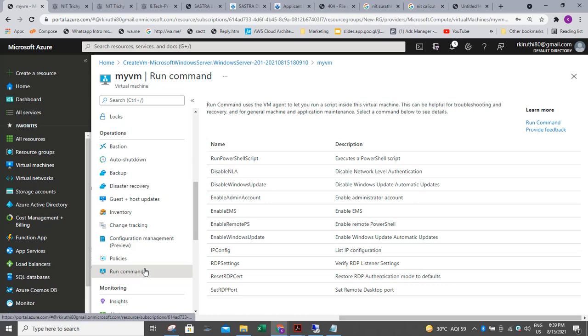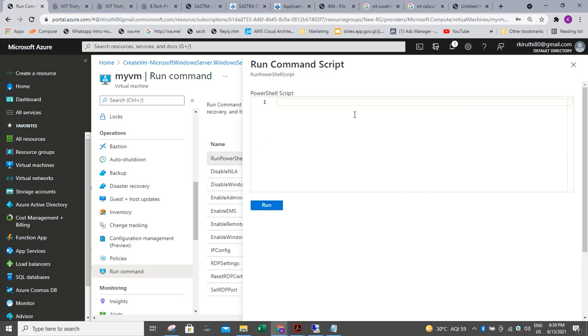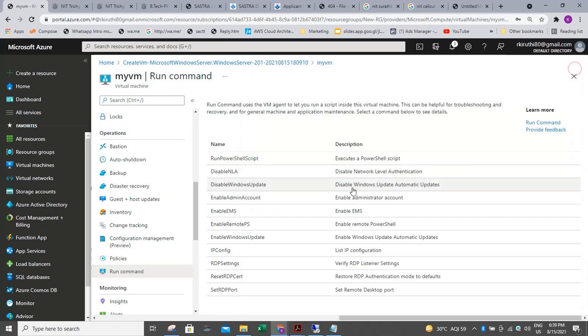If we want to run commands from here, we can do it directly using this run command. If you want to run a PowerShell script command, if you click that one, it will prompt us for creating our PowerShell command. If you want to do Windows update, you can do it from here.